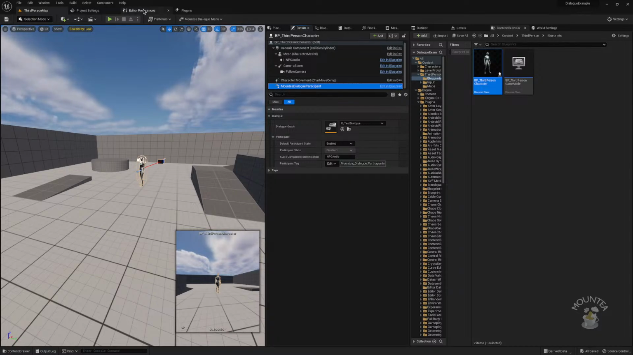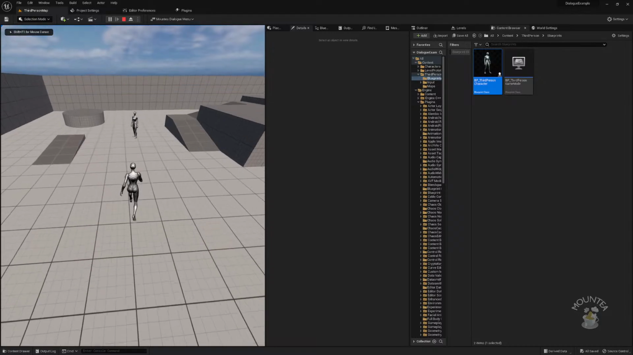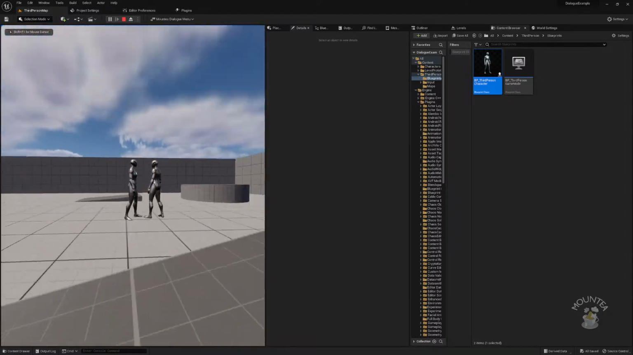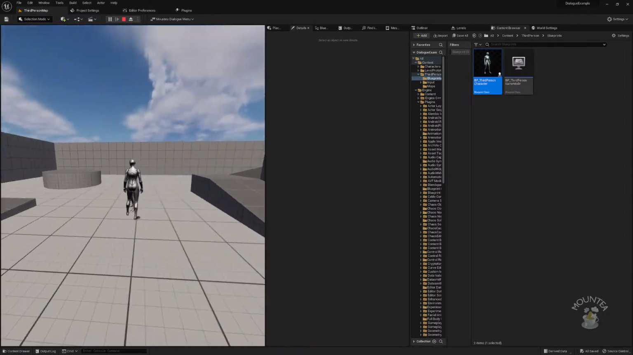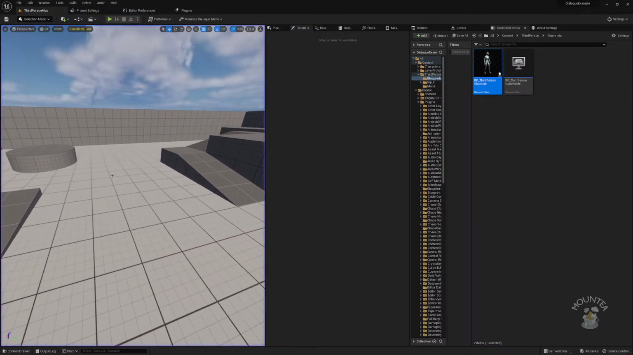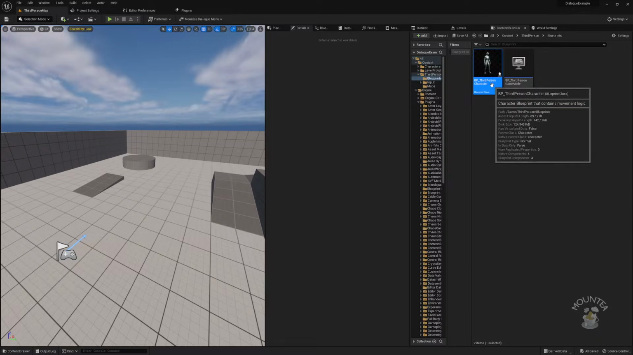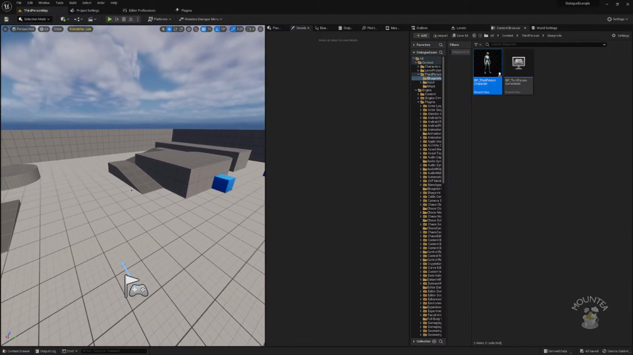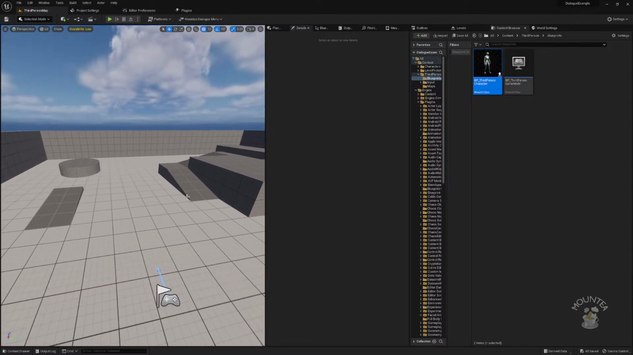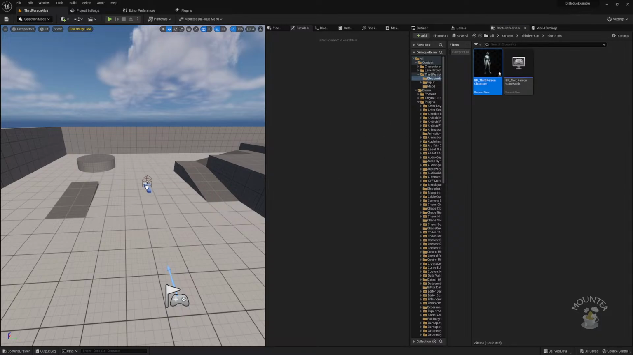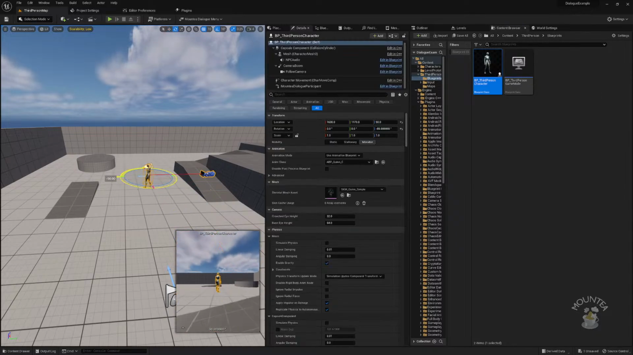So if I save everything and hit play, you can see that nothing really happened. There is no dialogue happening, nothing. That's as expected, though. First of all, I lost my NPC for some reason. Never mind. Let's move it in here,